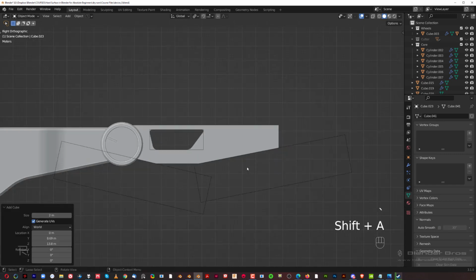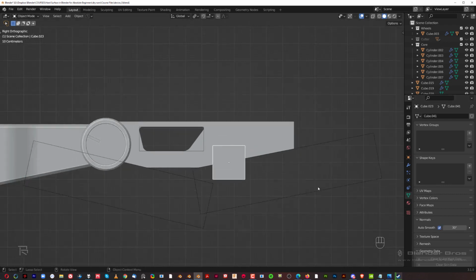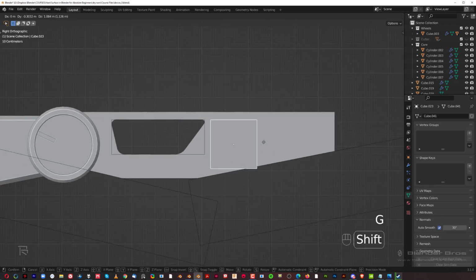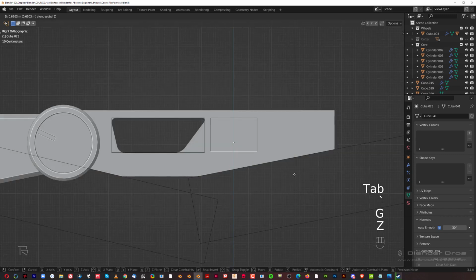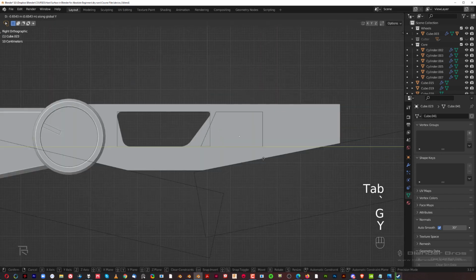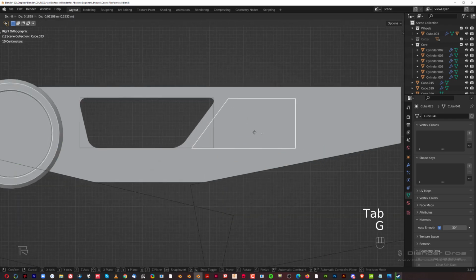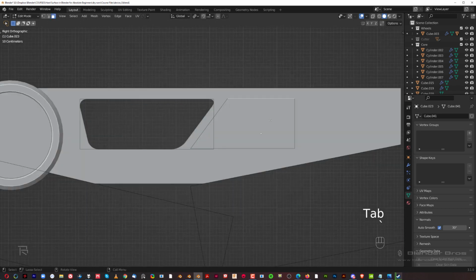So, cube, right click, shade smooth, auto smooth, and move it somewhere here. Grab this GZ and move it up. Grab that and GY and match the angle. Now it's a bit too close, so we're gonna move it somewhere here. And also this could be a little bit shorter, so we could move it somewhere here